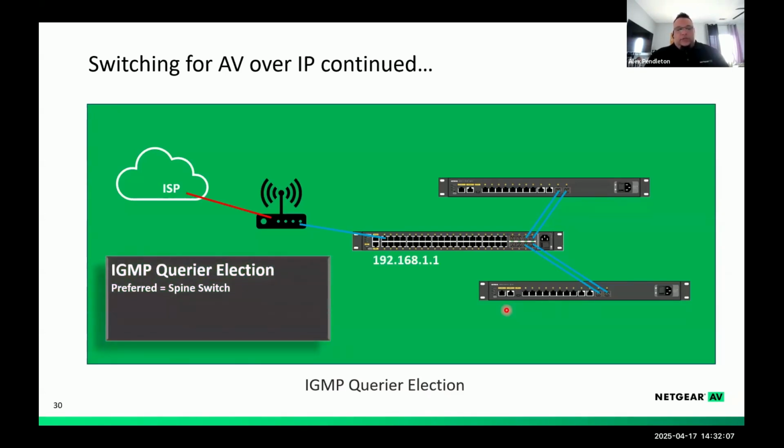So the spine switch is what we prefer. If you have a multi-switch environment, try to use the star or spine and leaf configuration and leverage the lowest IP address for that switch in the VLAN that you're in. That will win the election process for the courier. And then the backup couriers will be on these other devices. Say this device for some reason goes offline. This device here, 192.168.1.2, will actually take up the query duties while we resolve the scenario with this device. So having the courier be the elected lowest IP address is really the best methodology for leveraging the courier.